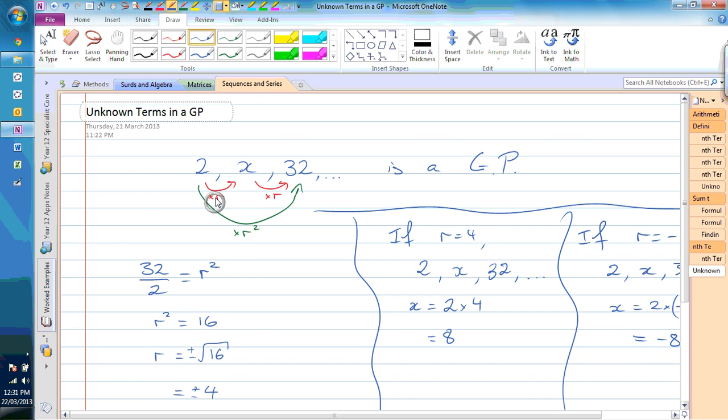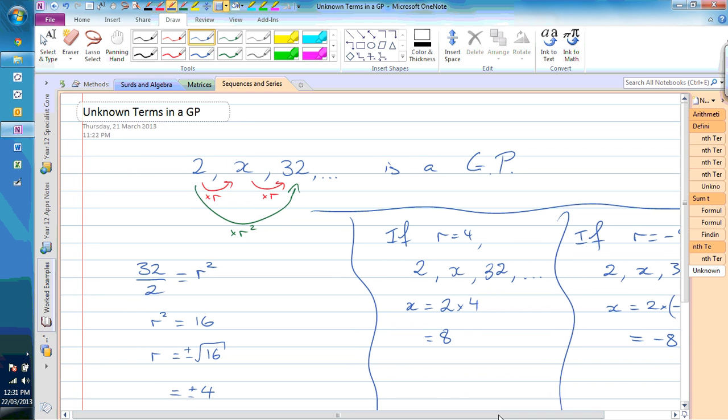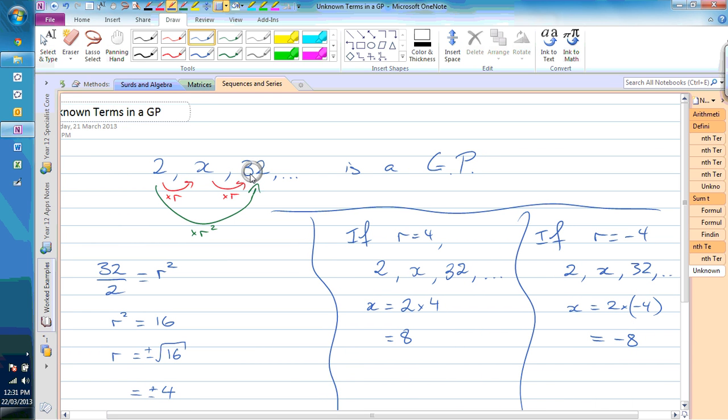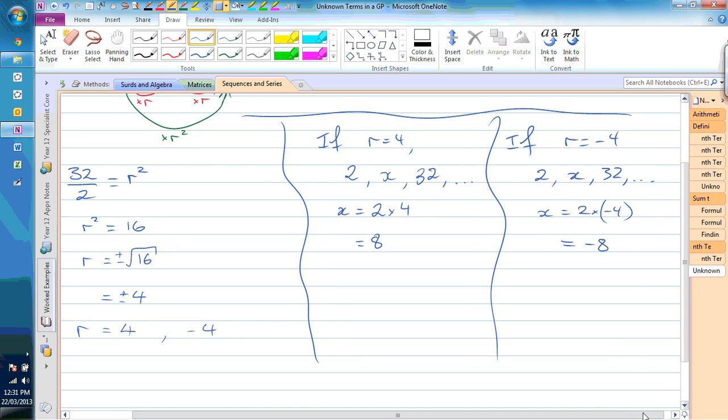We don't know whether the common ratio is positive or negative, so we don't know whether the x here has to be a positive 8 or a negative 8. So if it's the negative option, then the next term after that would be a negative, and the next one would be positive, negative, positive, negative, positive. If the common ratio is 4, then the terms are just going to be positive, positive, positive, positive, all the way along. And there's actually no way of determining which,